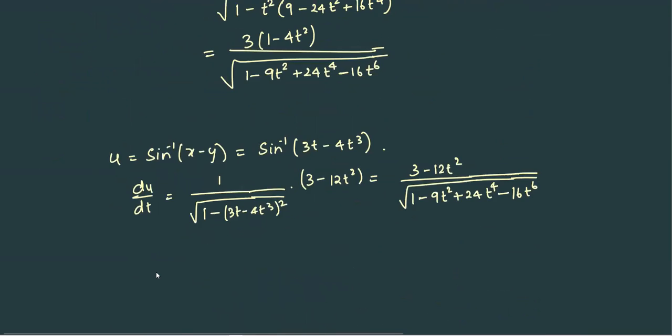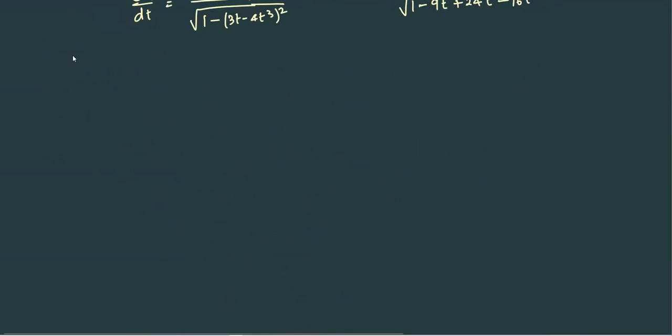Let's do this. Now I'll do this one. If u is equal to x log xy, where u is log x times log xy, where x cube plus y cube plus 3xy is equal to 1,